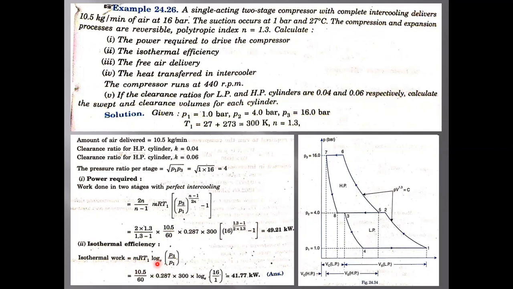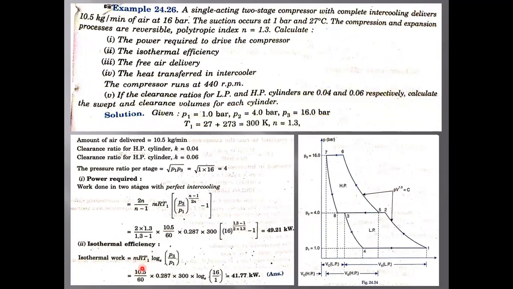That means it depends upon delivery pressure and initial pressure. Okay, so we have to take P1 V1 log base e of P3 by P1, that means the delivery pressure by initial pressure. Okay, so this P1 V1 is going to be mRT1. Since we don't know the value of V1, we better convert that into mRT1, since we know the value of m as well as T1.